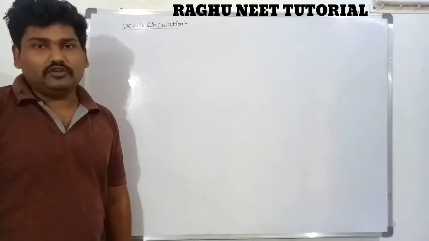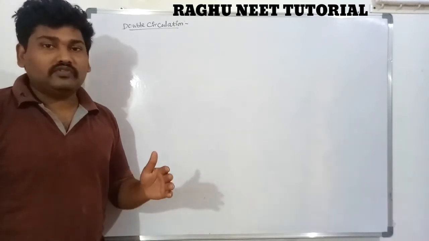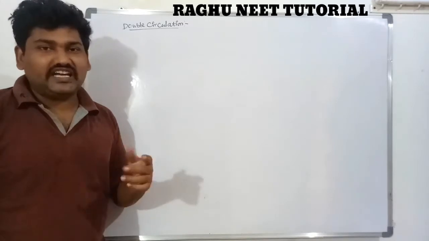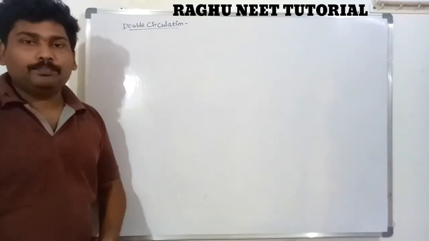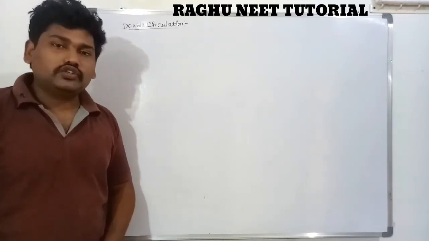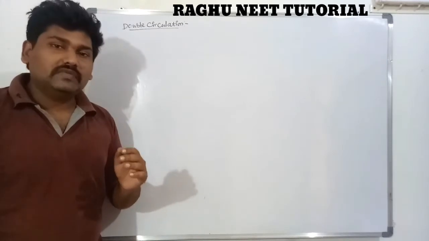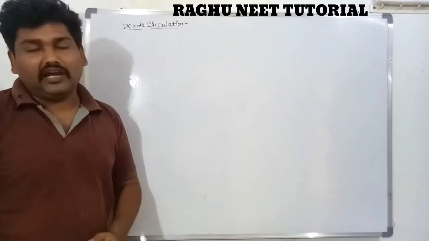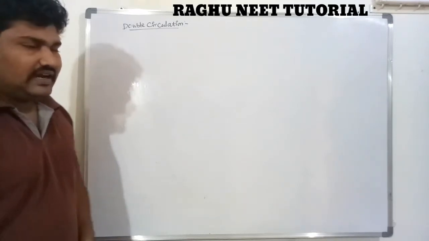The next one is a double circulation. What is the double circulation? The fluid is transporting or passing into two organs, that is known as a double circulation. This type of circulation we see in highly developed individuals, majorly in human beings and aves. The aves and human beings show double circulation, and reptiles also.